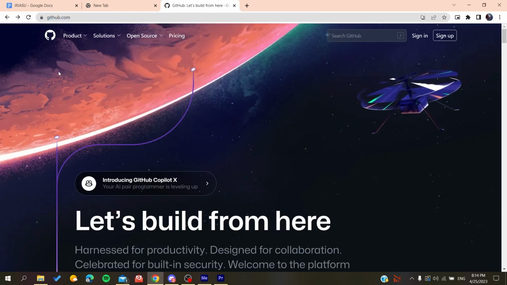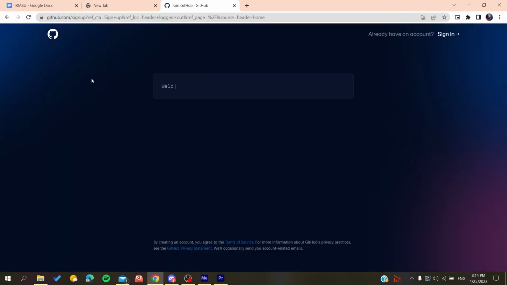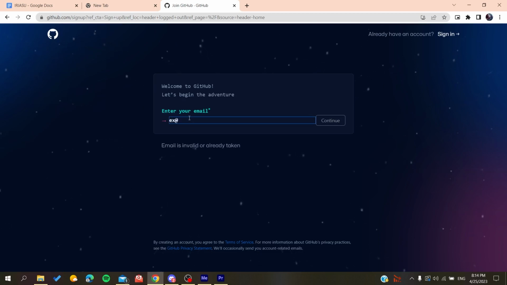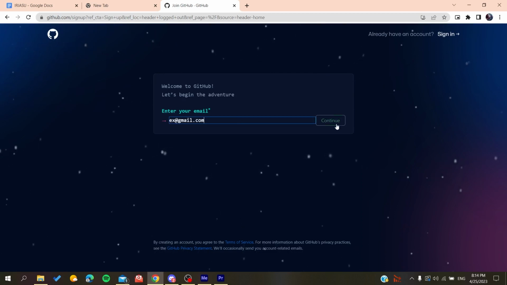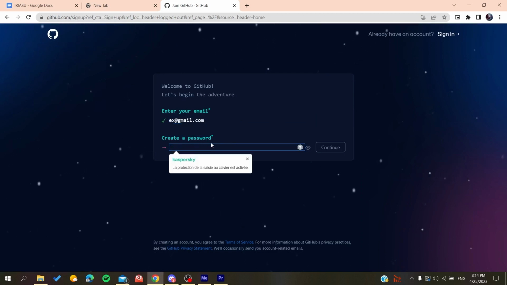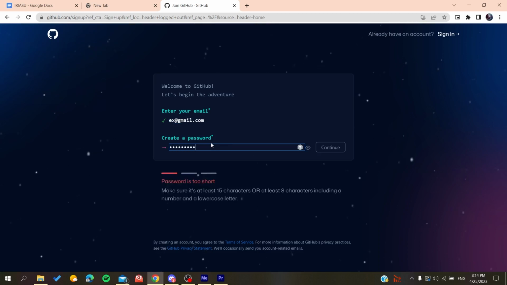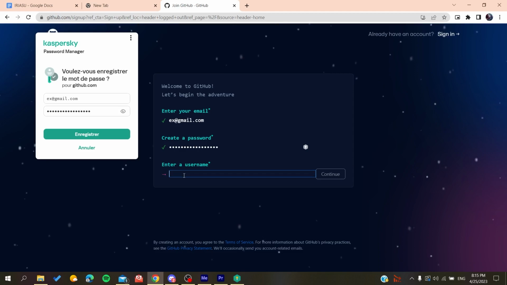And now we will need to create an account so we can use the GitHub services. So basically all we need to do is click on sign up and then it will redirect us to the sign up page. Now you will need to add your email, gmail.com or any other email that you are using. You click on continue, you create a password. So if it was anything like that, click on continue and then you will add a username, for example